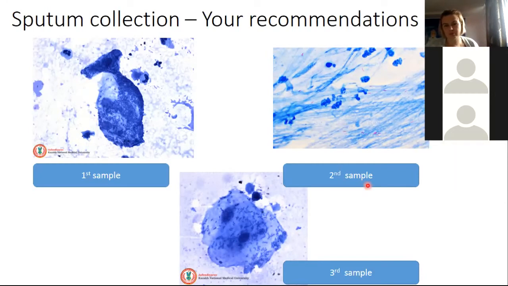Ma'am, in the second sample we can see many leukocyte cells, so I think it might be sputum. Yes. Okay. And what can you see in this picture, not only blue white blood cells, but what else? Look attentively, please. Mucus. Yes, mucus,